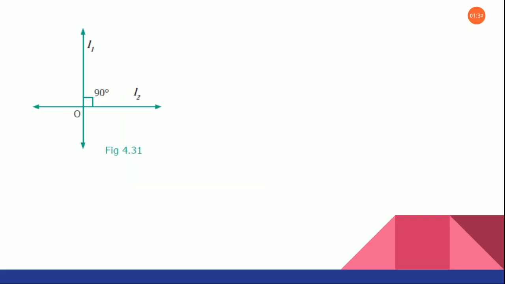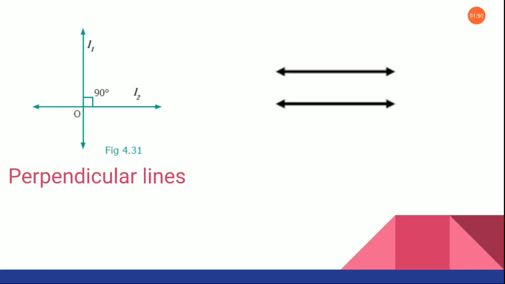Okay, next we know this is a right angle, right? Now the lines that join this right angle, that is these entire lines, we call perpendicular lines. Okay children, and next one, if there are two lines moving in the opposite direction or in the same direction with equal distance between them, we call them parallel lines. Do you remember this? Okay, these are all the small concepts that we are going to study in this unit.